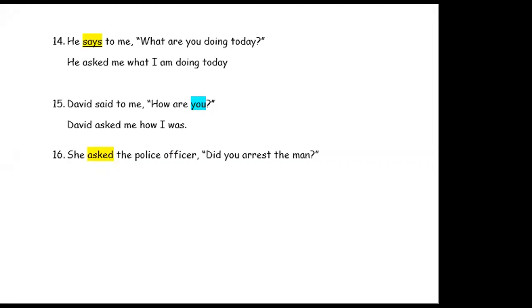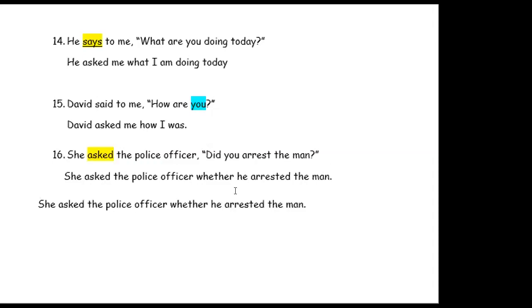Gabby said she asked the police officer, who did he arrest? Check that question. Check that sentence, Gabby. Something's wrong with the sentence construction there. So guys, there are two ways to answer this, right? The first one is you can say she asked the police officer whether he arrested the man. We don't say whether or not, we just say whether, right? Whether means the same thing as if. Or you can also say she asked the police officer if he arrested the man. Okay,